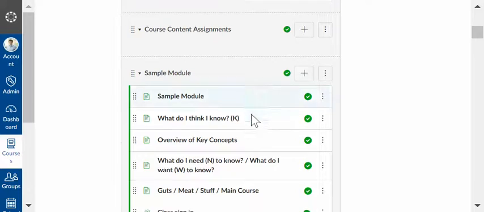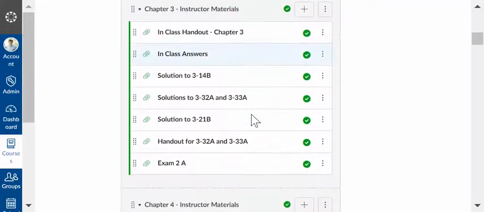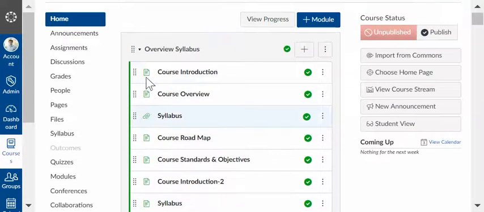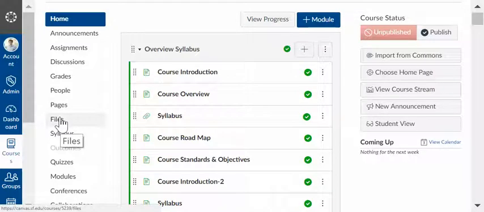So moving on down, this teacher did a bunch of attachments. So attachments, or the little paperclip, that is a file. So the teacher had uploaded a bunch of files into Blackboard and then made those files student facing. So all those came over with the migration. If you want to see what they look like, or if you want to see and make sure, check on all of your files. Files is over here on your left-hand toolbar. You could click in there,